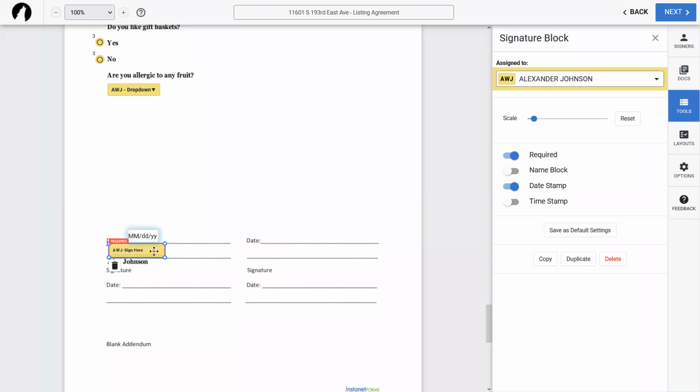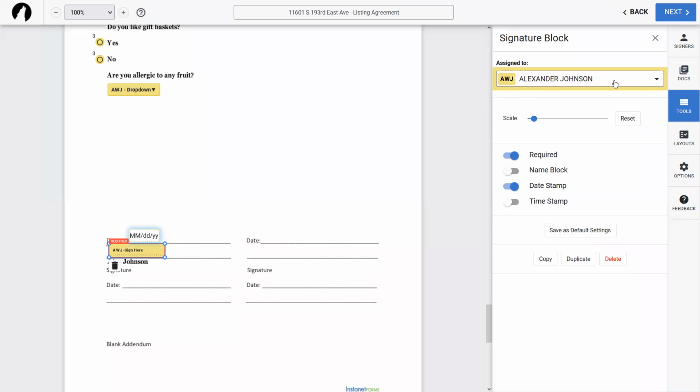But whenever I clicked on the signature block, you notice how there's a little checkbox here for date stamp. You can uncheck that if you want, or recheck it, and then it'll appear again. But whenever you guys are adding on any of the signature blocks, it's going to oblige whatever the defaults were whenever you guys saved them. So for instance, if you guys like having that date stamp added whenever you add a signature block, you check that checkbox or flip that toggle and hit save as default settings.